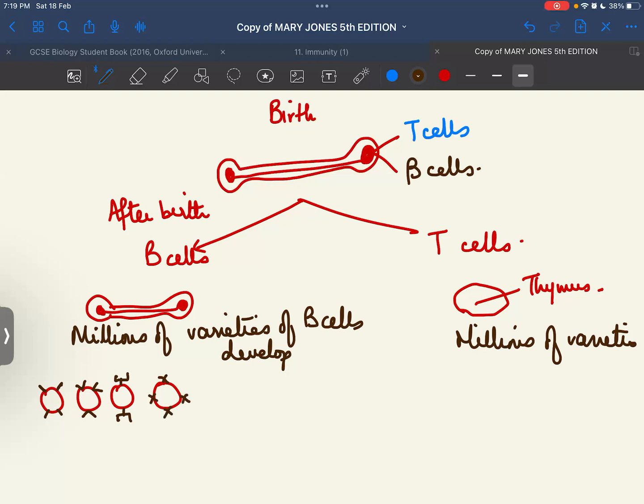How have I made them different, Parisha? As the antigen, the cell markers are different. Cell markers are different, ठीक है, basically हाँ बिल्कुल सही कह रहे हो, cell markers different हैं, और you can even say the receptors are different, ठीक है। अच्छा, अभी मैंने चार बनाए हैं, they are all B, but in reality they are millions of varieties, ठीक। ये mature हो रहे हैं आपके bone marrow में, इसी तरह से T cells भी हो रहे हैं, T cell, और मैं चार बना रही हूँ लेकिन in reality there are millions, different different receptors के shapes हैं।